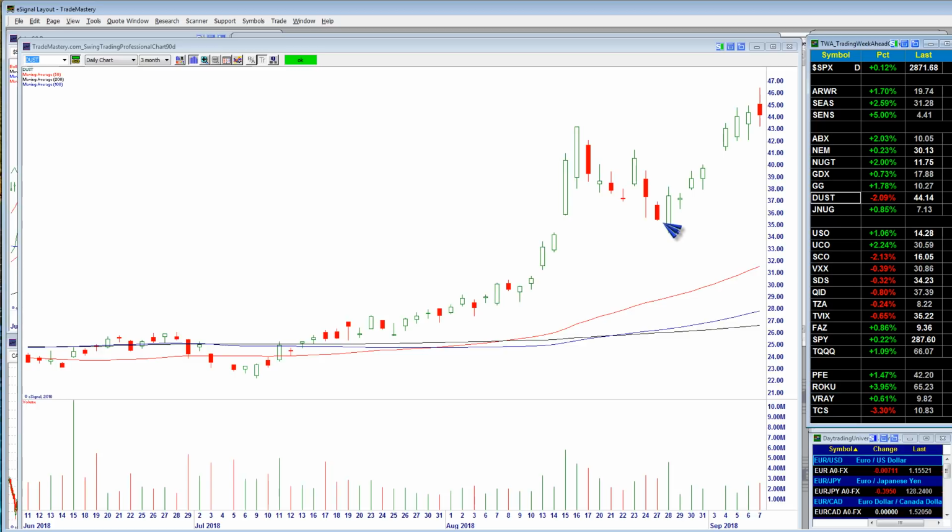Anyway, bullish engulfing here, sure enough worked out, and dust is up, up, and away, up to new highs near